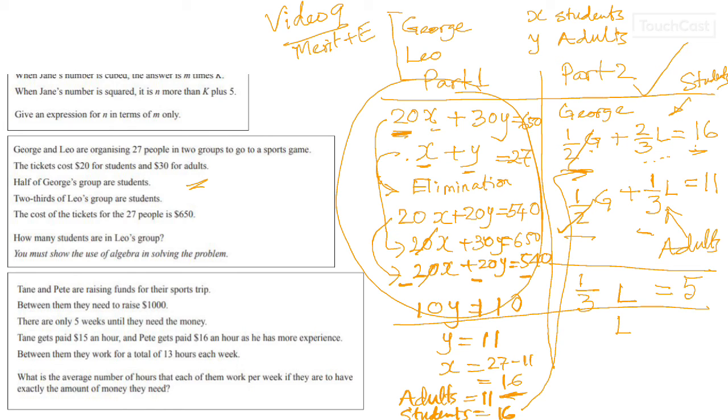So Leo's group, okay, now Leo's group has 15 people. Leo's group has 15 people. Out of those 15 people,